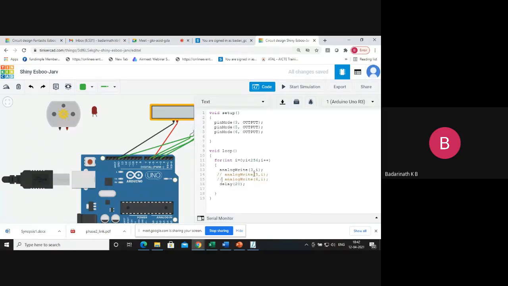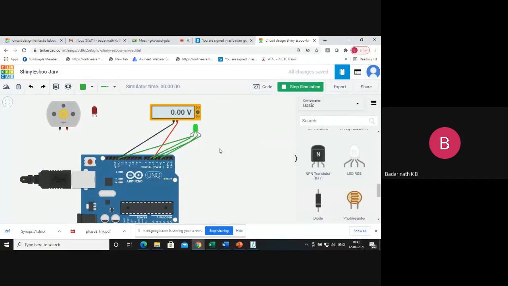So I will use only 3 to start with, so that only one color can change. I will uncomment the others and see that I can get each of the colors. Now I'll run this program. See that now it's a green color, and I can vary the green. The multimeter is connected at that point, so I'm able to achieve different green colors. Now I'll stop the simulation.